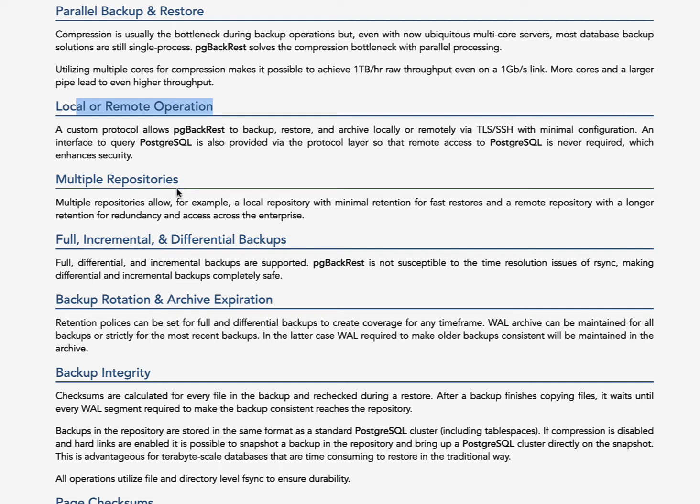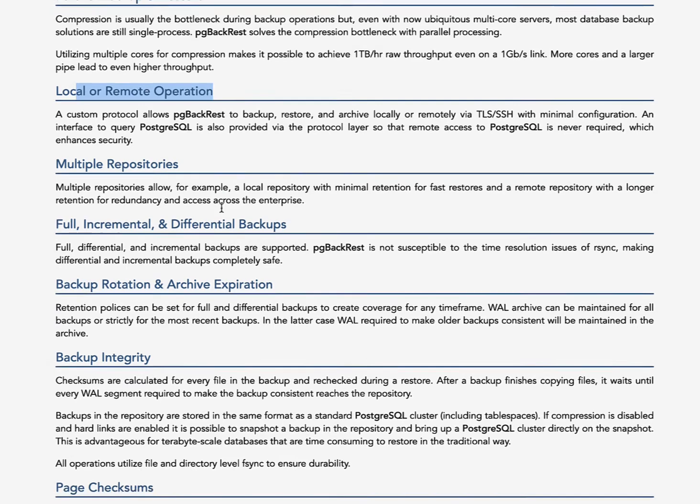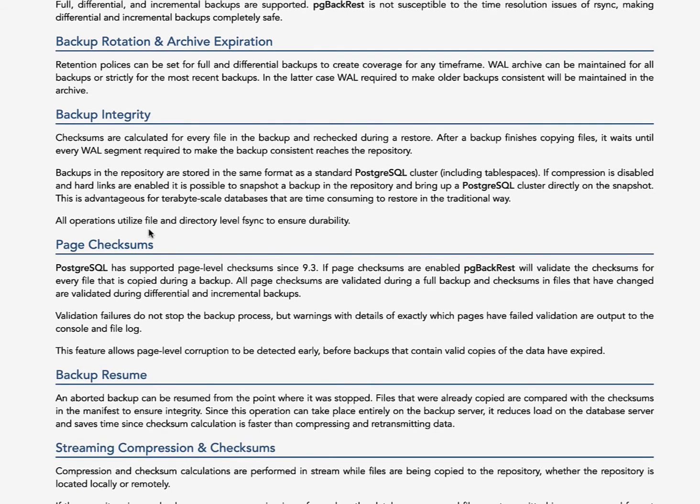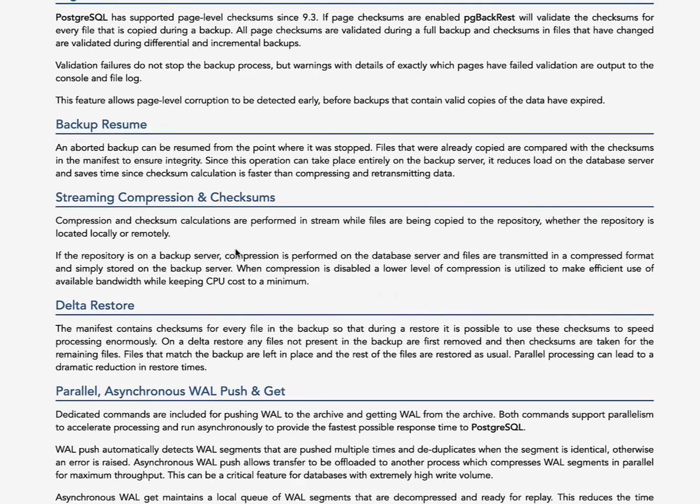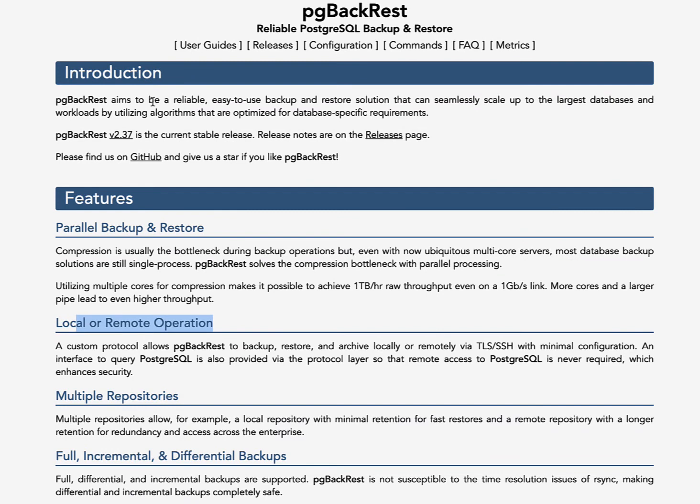You can back up your database into multiple repositories, even remote repositories like S3 or Azure Blob Storage, or even local storage, like an NFS mount point. So it has a lot of features. It's a highly reliable backup solution if you want to investigate and use it for Postgres operations.